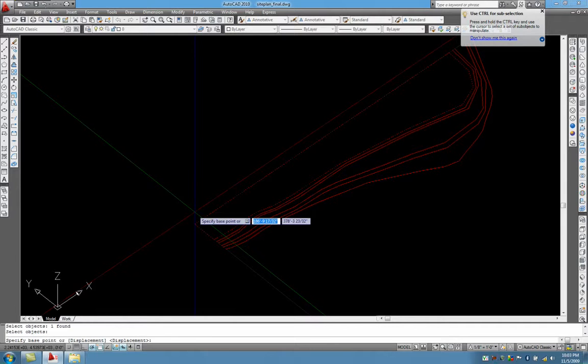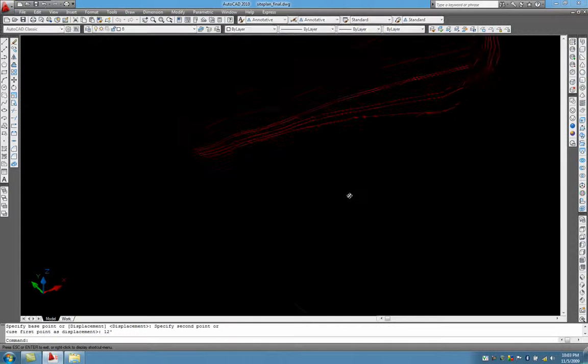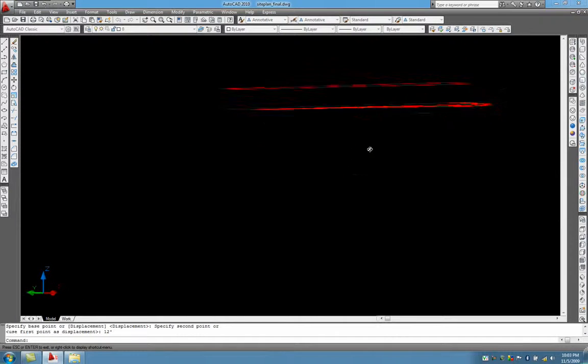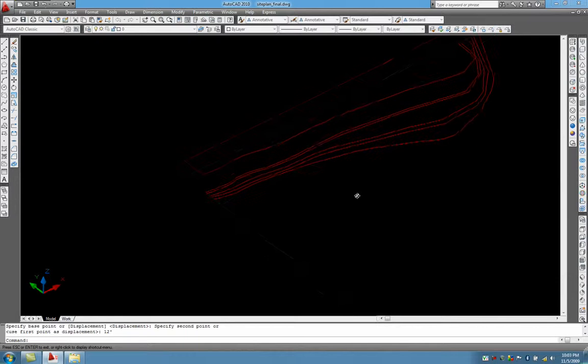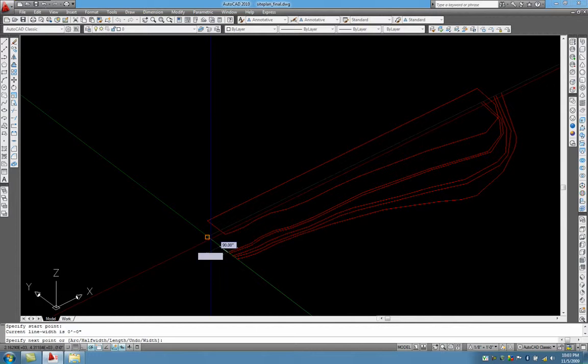Select the polyline. Left click anywhere in space, and just type 12 feet. Now, as you'll see as I rotate, that polyline moved up 12 feet, which is what you wanted it to do. So I can go through and repeat this process